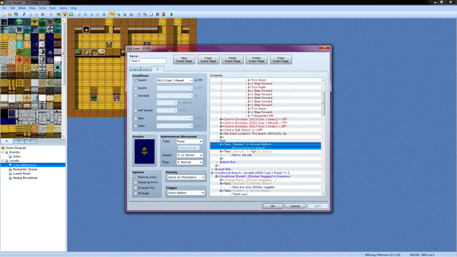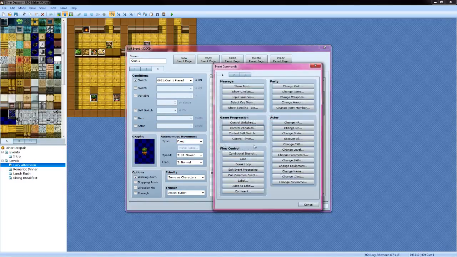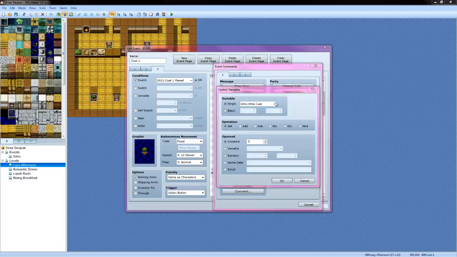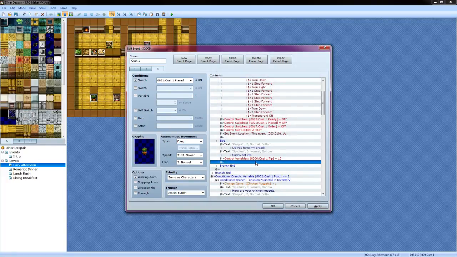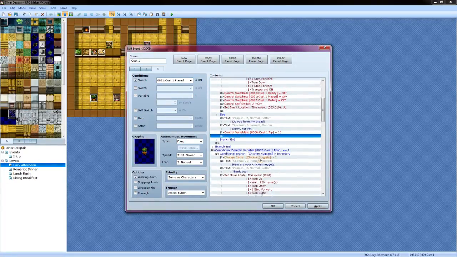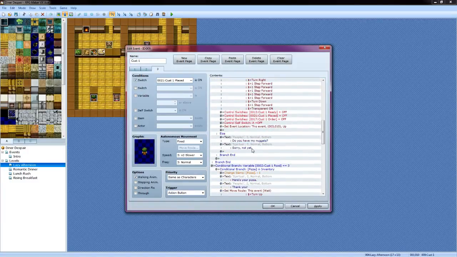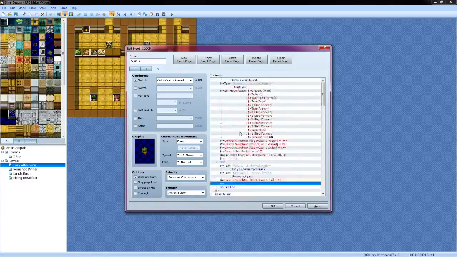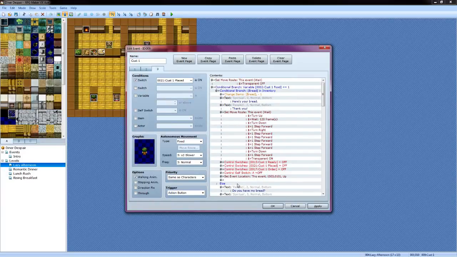If we talk to them and we don't have it yet, we're going to decrease the tip by 10. However,